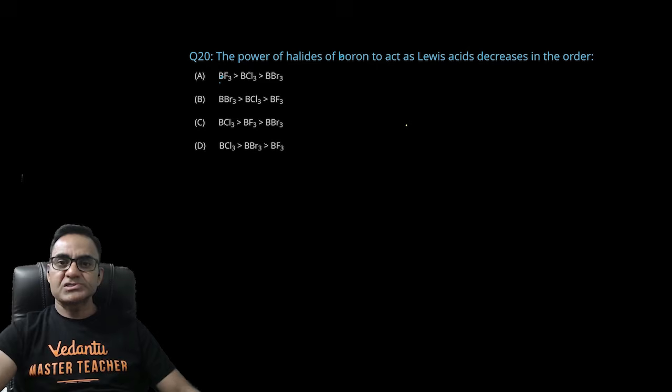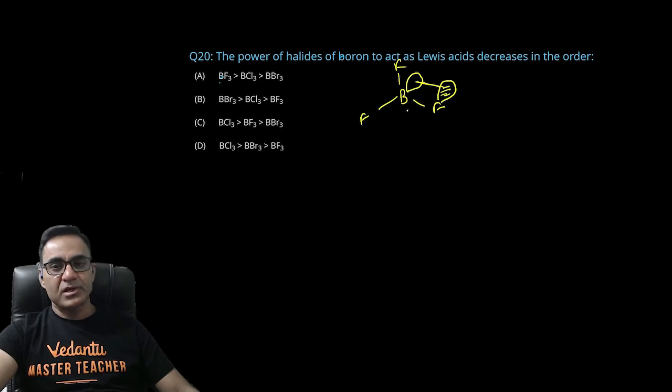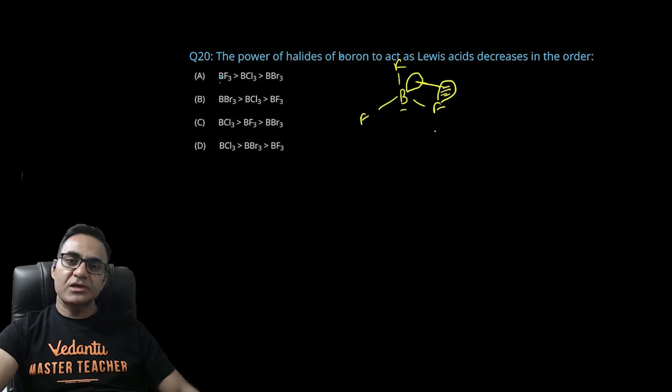The power of halides of boron that acts as a Lewis acid decreases in the order. ओके देखो लुईस एसिड ऑफ बोरॉन, हैलाइड्स ऑफ बोरॉन के अंदर खास बात क्या होती है, फ्लोरीन और बोरॉन के बीच में बैक बॉन्डिंग हो जाती है। ये p का खाली ऑर्बिटल, ये p का भरा हुआ ऑर्बिटल, राइट, इनके बीच में पार्शियल ओवरलैप होकर के बोरॉन और फ्लोरीन के बीच में बैक बॉन्डिंग हो जाती है। बैक बॉन्डिंग से बोरॉन की जो इलेक्ट्रॉन डेफिशिएंसी है वो कम हो जाती है, यानी इलेक्ट्रॉन पेयर लेने की टेंडेंसी कम हो जाती है। तो BF3 का लुईस एसिड कैरेक्टर कम हो गया।